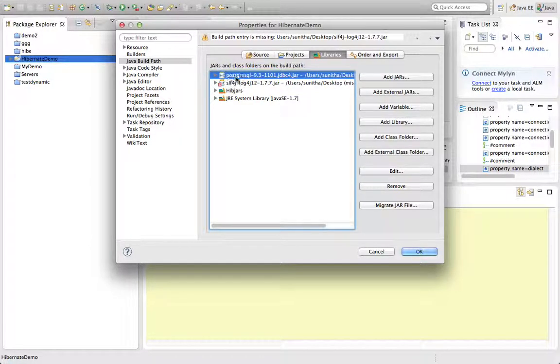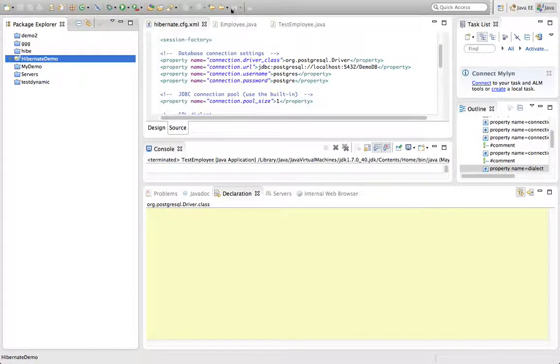Here I used the PostgreSQL database, so I have downloaded the JDBC jar related to PostgreSQL, and I'm setting the class path. If you are using Oracle, then add the OJDBC jar file or classes12.jar file in the class path. Once it is done, we'll see what Hibernate does.